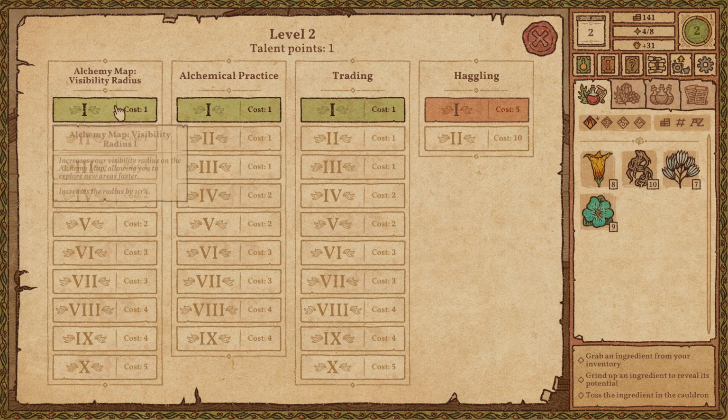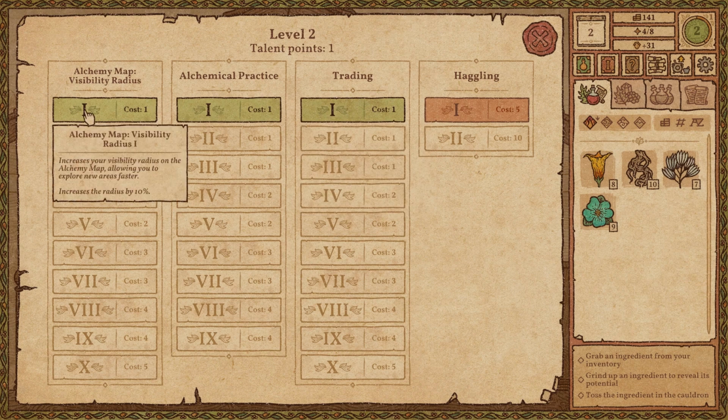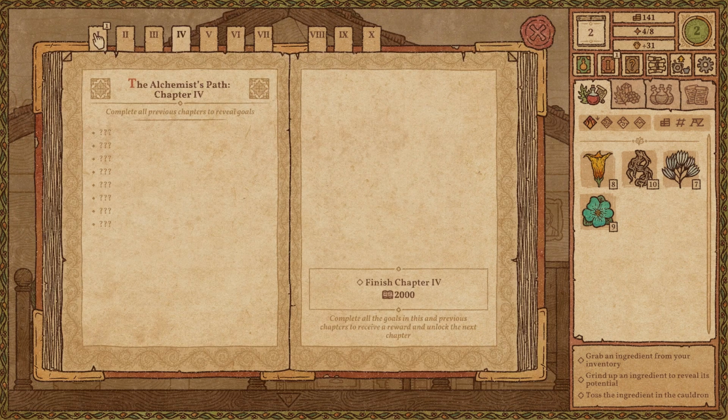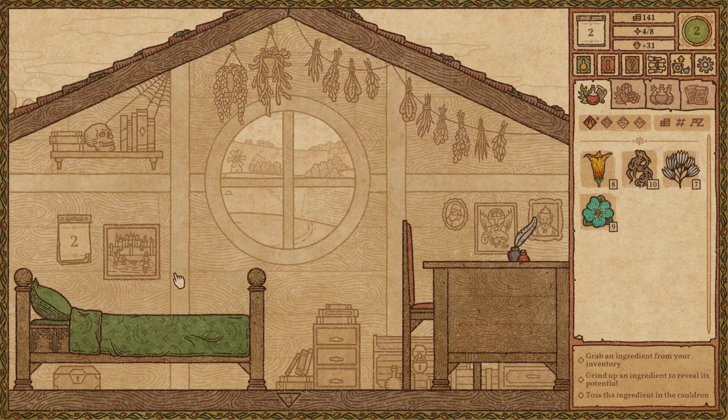So let's try right now with some visibility radius. I don't think ingredients are going to be an issue right now. It'll probably become something a little later. So let's just see if we can start uncovering these potion nodes first. So we got a goal achieved already in our path here. Flip back over here. Where did we complete that? So, learn a new talent. Awesome. So we're just going to play through quickly here